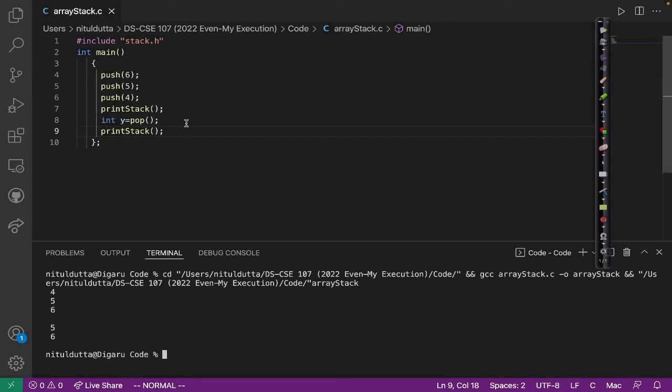That means one element is deleted. That's why one element deleted means this one. This is considered as the top of the stack. This element is deleted, and now the only remaining elements are 5 and 6. Again, if I call this function one more time,